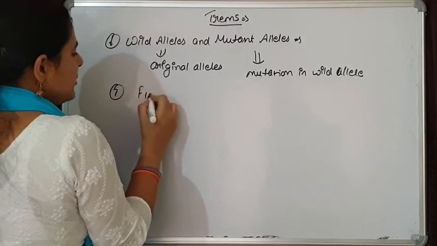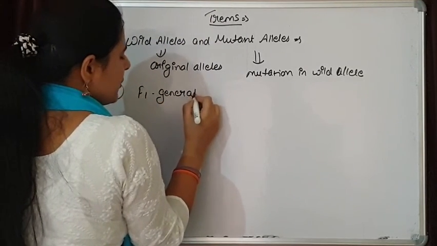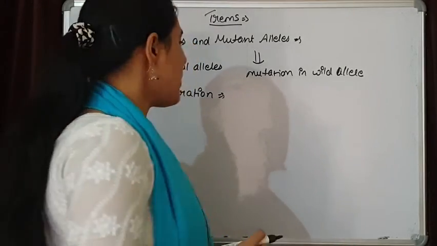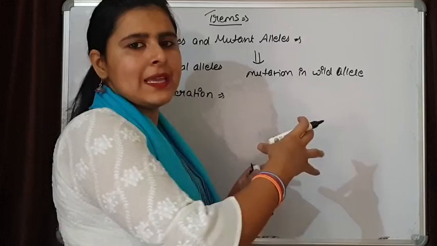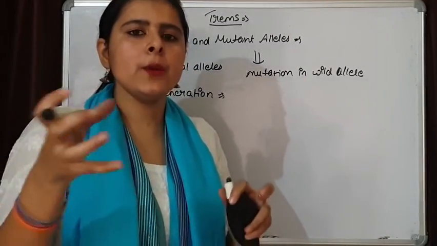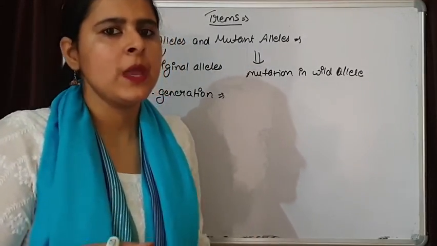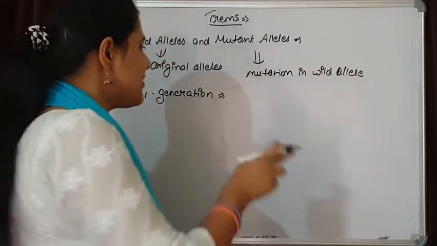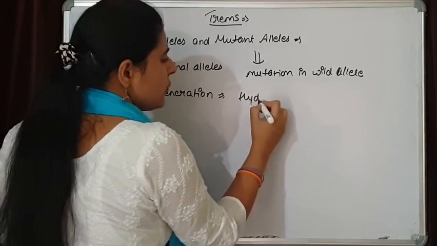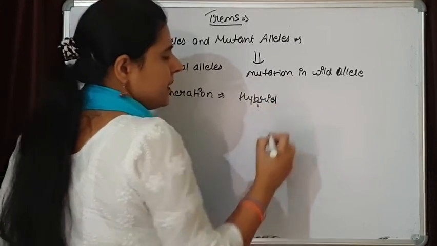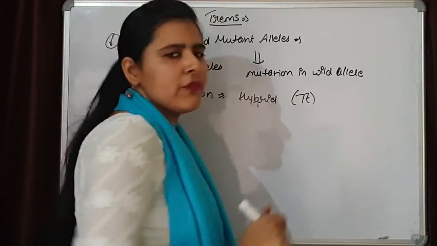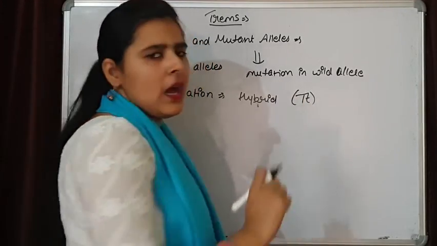Another is the F1 generation, or first filial generation, simply formed by the cross pollination between a homozygous, or pure line, dominant organism and a pure line recessive organism. When crossing takes place between them, the generation that we get is the F1 generation, and this generation will always be a hybrid. For example, we saw that in the monohybrid cross we get this F1 generation, and it is a hybrid.